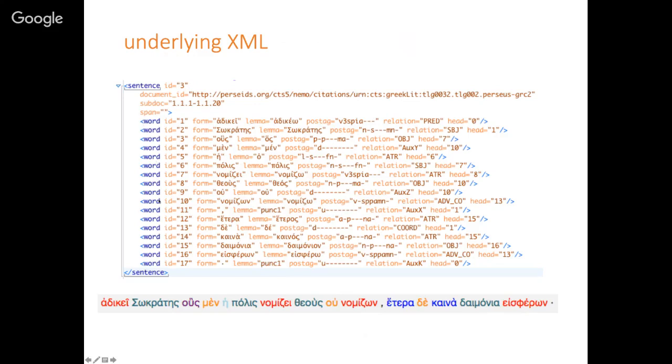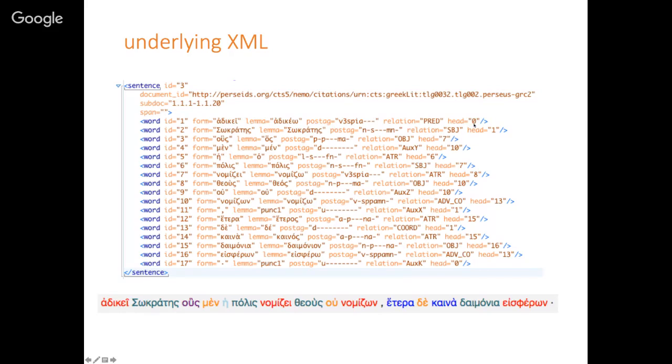Every word is getting its own ID number. And here we have the forms that are in the sentence. Here we have the lemmas, and then the morphological annotation is in this post-tag string that I will show later. And then the syntactic relation is informed here, and the dependencies are told here, stating what is the head